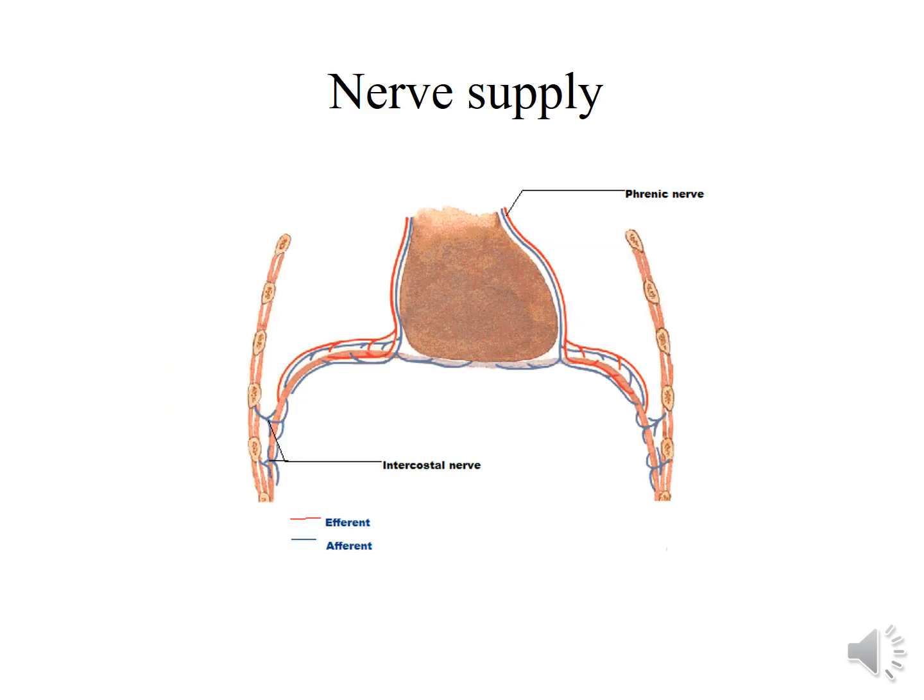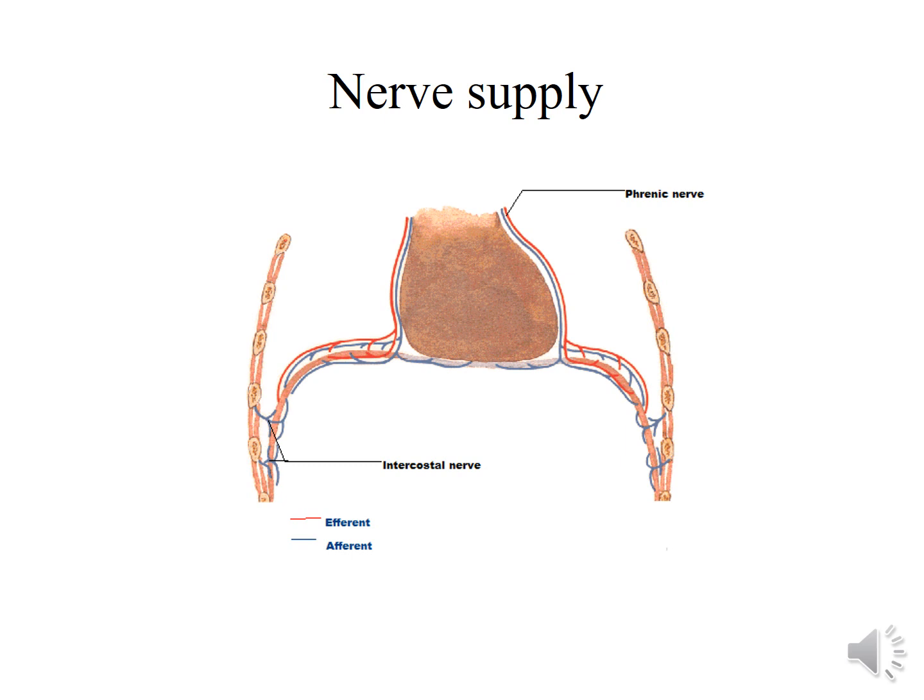Coming to the nerve supply, phrenic nerve is the motor supply of diaphragm. Phrenic nerve has a root value of C3, 4, 5. Now why is there a C3, 4, 5 root value of phrenic nerve? Because diaphragm initially develops in the cervical region or in the neck region, and when it descends down, it carries its nerve supply with it. So the root value comes out to be C3, 4, 5. This is the same root value as the supraclavicular nerves.